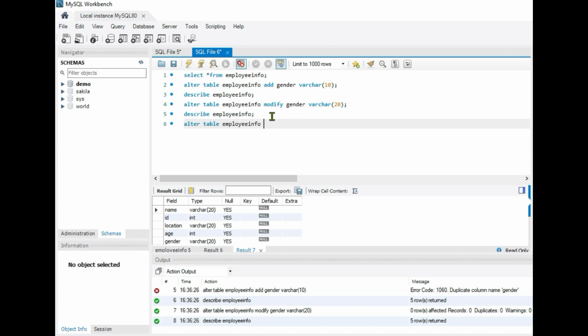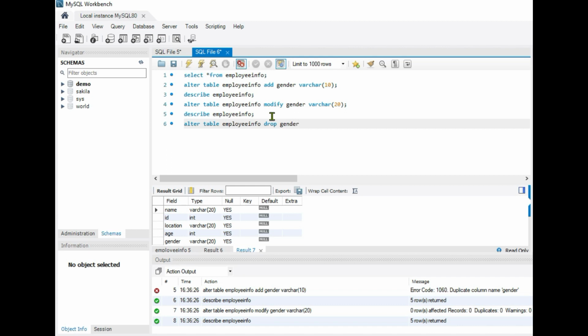Okay, so drop is used to delete the column. If you want to delete anything from the structure of a table, you have to use the drop command, and if you want to delete the row, then you have to use the delete command. That time you have to use the update along with the delete. Here we are going to use the alter along with the drop command. Okay, so we'll here write the drop and here you have to mention just the column which is gender